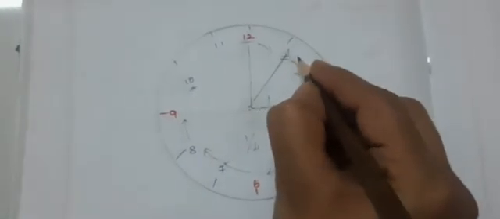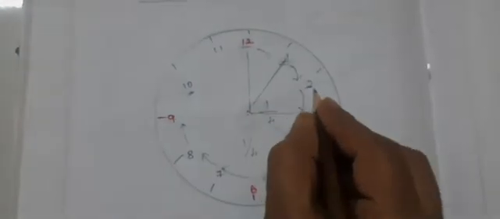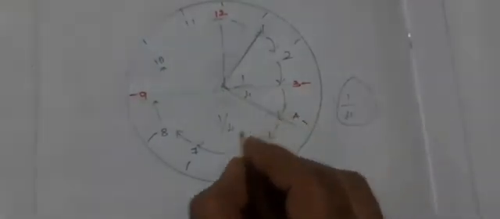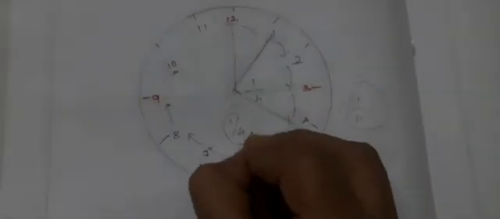So here we have started from 1 o'clock. So 1 to 2 is 1 hour, 2 to 3 is 2 hours and 3 to 4 is 3 hours. So which makes actually a right angle. So right angle means it is 1 by 4 of the revolution. Then again from 4 to 7 we are traveling, so that we got another 1 by 4 of the revolution. Every 3 hours there is a 1 by 4 of the revolution of the clock.